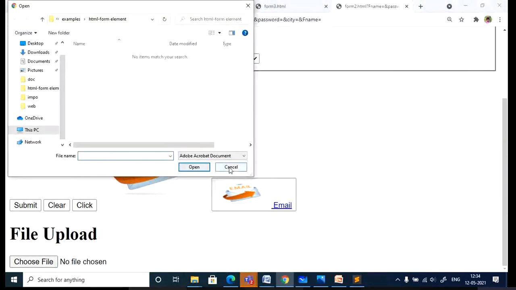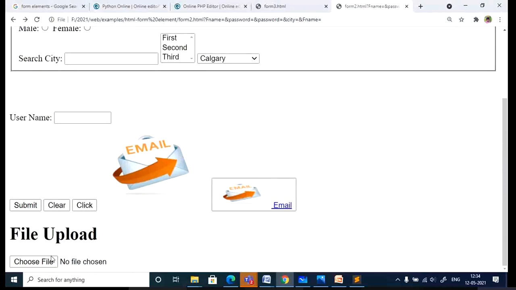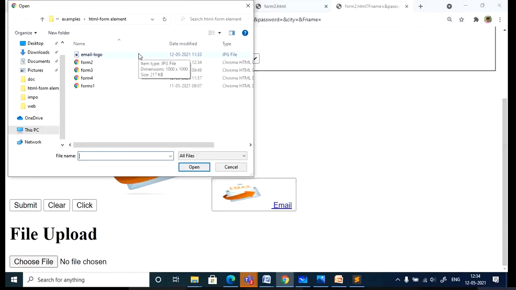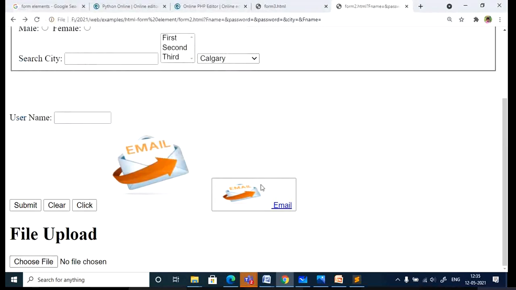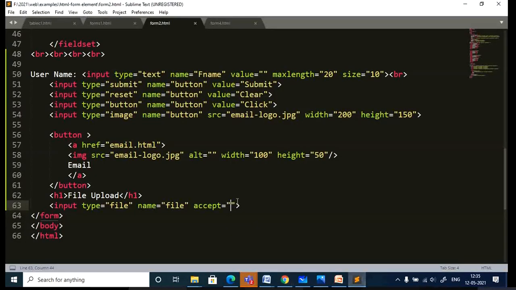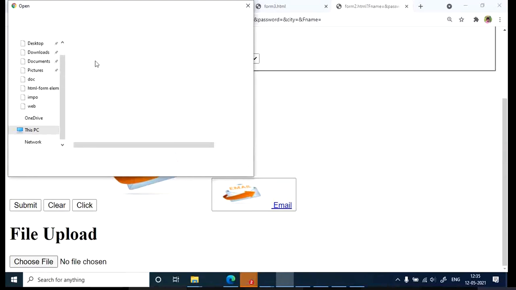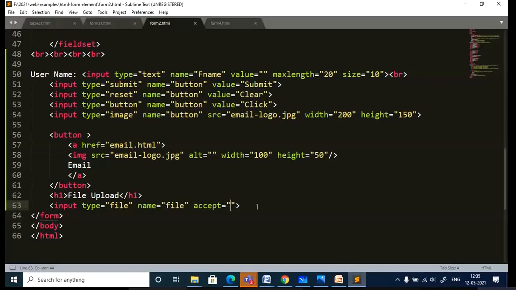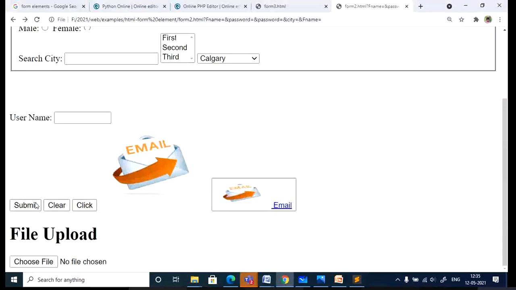Okay, just do all this trial and error. I have not refreshed. Still it is showing Acrobat. Now you can see it is showing all the files. If I don't specify anything, you can upload any type of file. If you are specific about what type of file, I think you observed what files are available in this folder. You can see I have image and also HTML files. Now when I specify .pdf, it will not show any of the other files other than PDF.